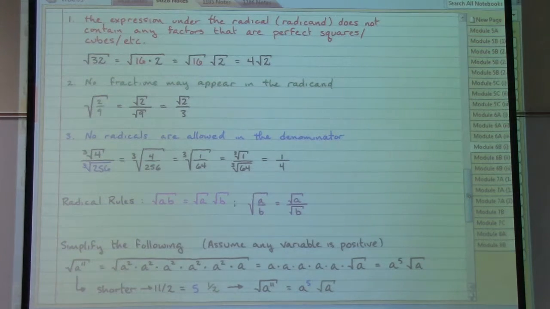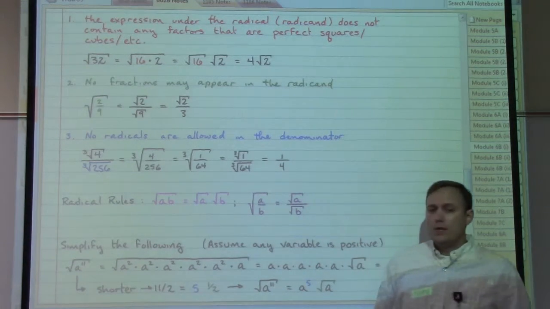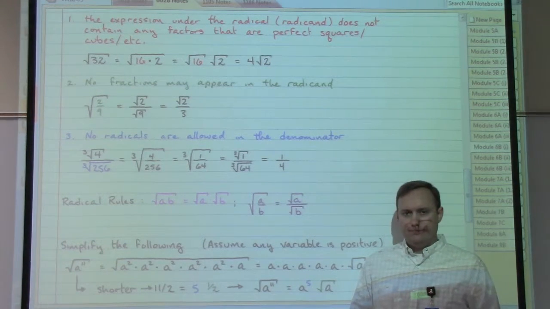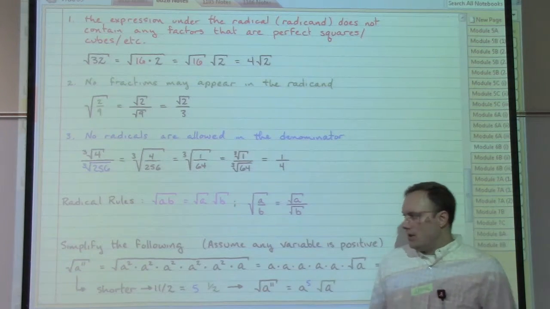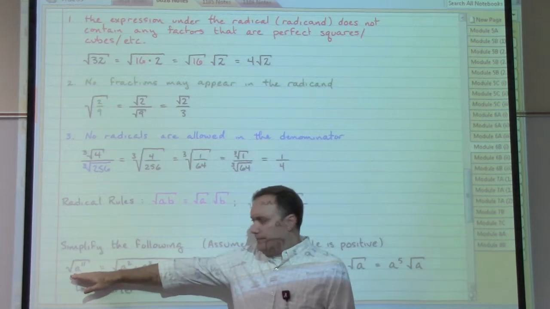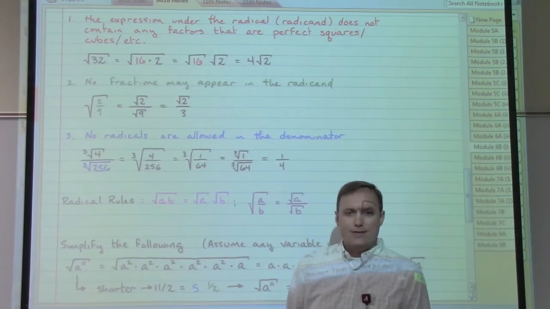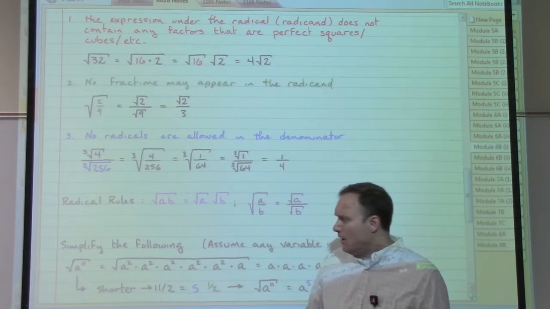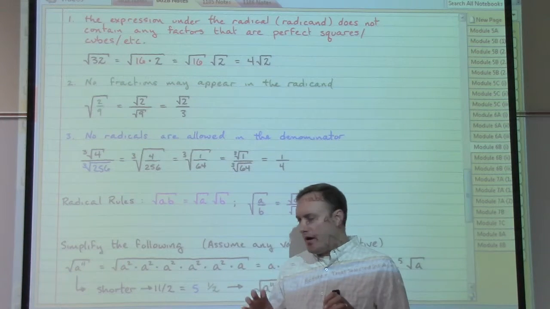sophisticated simplifying. So down here at the bottom of the screen, let's look at something that connects to that first new rule. Any nice square roots we want to take care of. Any square roots that are not so nice are going to be left underneath the square root. So in this first example, we only have the a with a power of 11. So we don't have a power that matches the square root. But we do have a bunch of square roots that we can break off